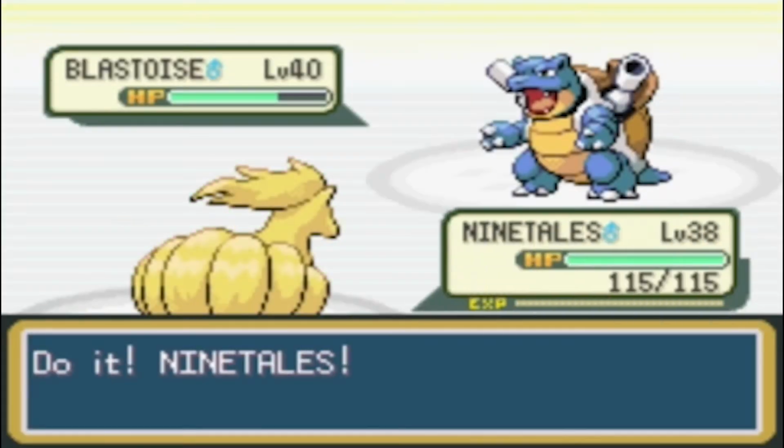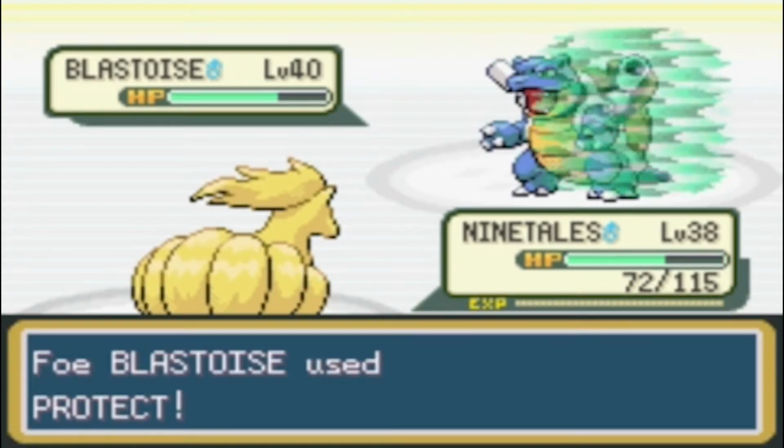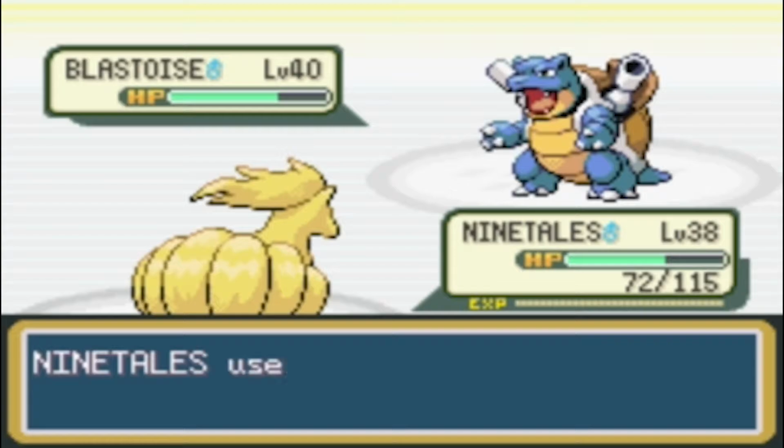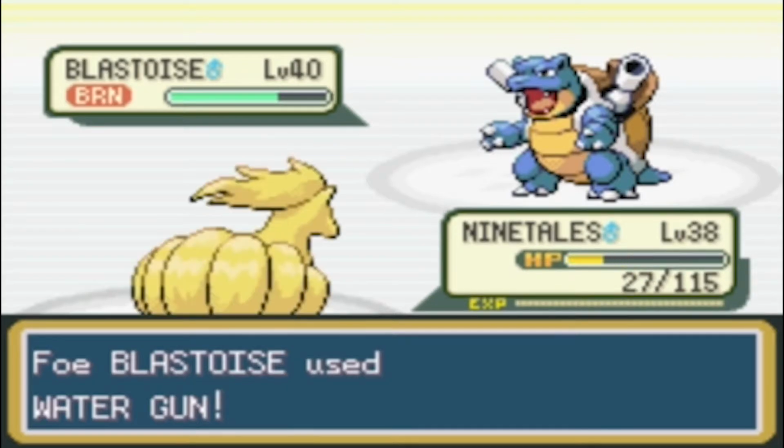We send in Ninetales, who misses with a Will-O-Wisp before getting hit by a Water Gun. Gary then decides to be a cunt, calling for Protect to prevent another Will-O-Wisp. Third time's the charm though, as Ninetales finally gets off a Will-O-Wisp before being taken into red health by another